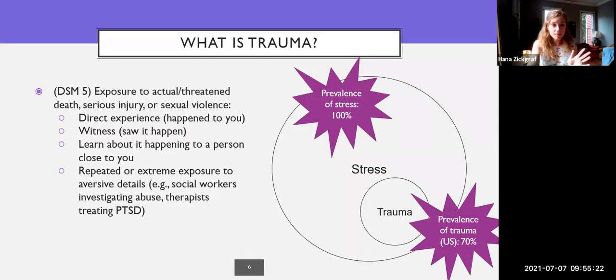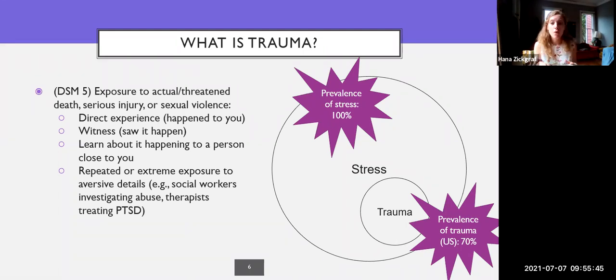So stress and trauma are distinct terms, although trauma is a subcategory of stress. The DSM-5 just defines trauma as any exposure to actual or threatened death, serious injury, or sexual violence. Basically, any experience where your physical integrity or potentially your life is threatened. This can be through direct experience. So one of these things happening to you, seeing it happen to someone else, learning that it happened to someone